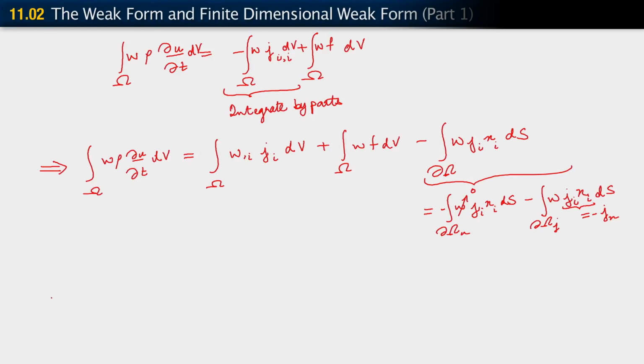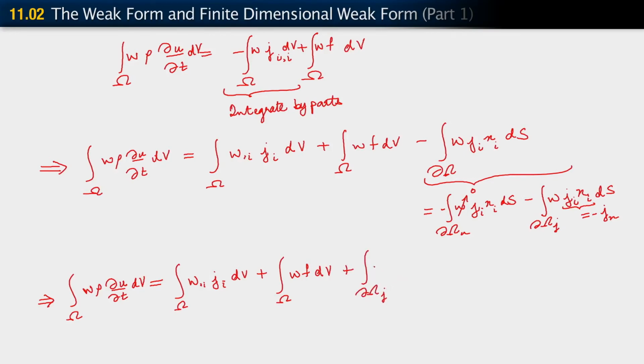All right, so making these substitutions, we arrive at the integral over omega of W rho times the partial time derivative of u dV equals the integral over omega of W comma i J_i dV plus the integral over omega of W f dV plus the integral over the Neumann boundary of W J_n ds. Now, let me do just one more thing and we'll have the final